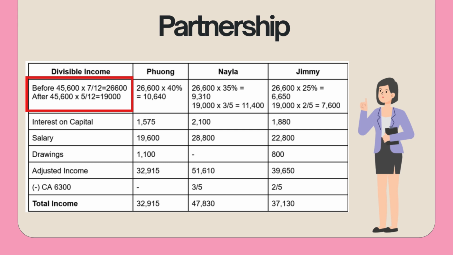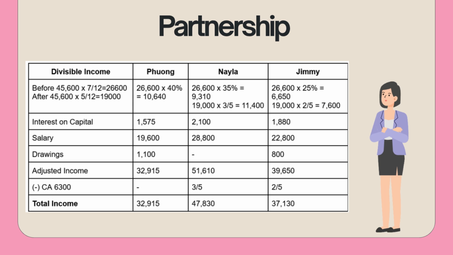The first period allocates 26,600 ringgit based on percentages, giving Phuong 10,640 ringgit, Nayla 9,310 ringgit, and Jimmy 6,650 ringgit. The second period allocates 19,000 ringgit between Nayla and Jimmy using a fractional ratio, giving Nayla 11,400 ringgit and Jimmy 7,600 ringgit. Next, these shares are combined with each partner's specific interest on capital, salary, and drawings to